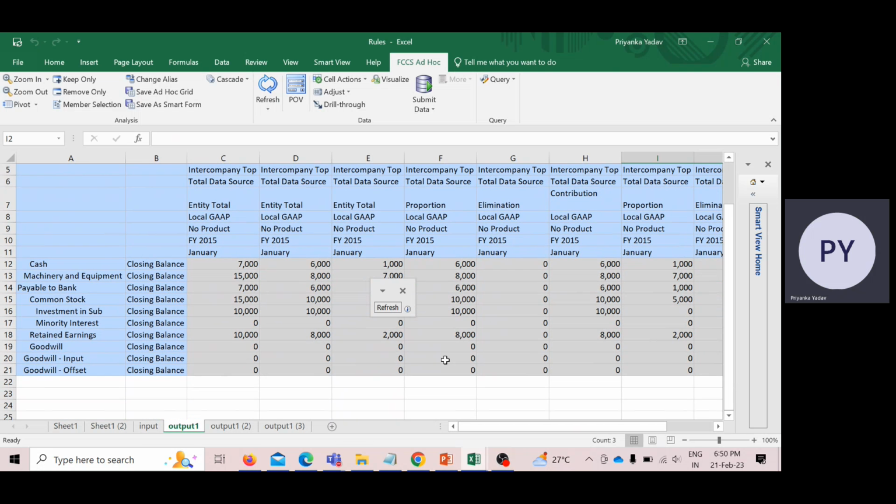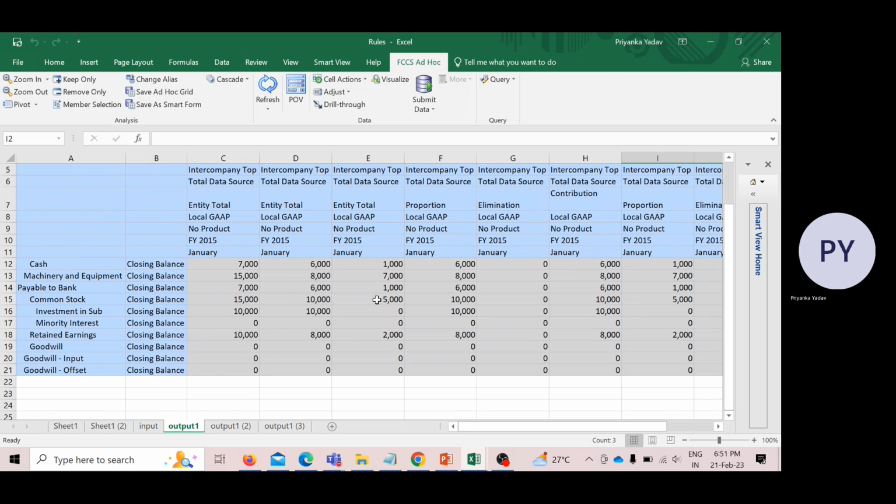Okay. So here we see 6,000 cash and 1,000 cash. It is getting accumulated at the parent because of the dynamic nature of the account. Base level entities will get accumulated at the parent level, which is happening everywhere. So right now we can see common stock